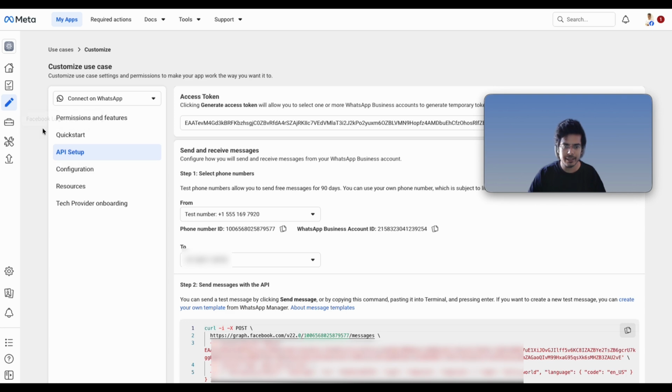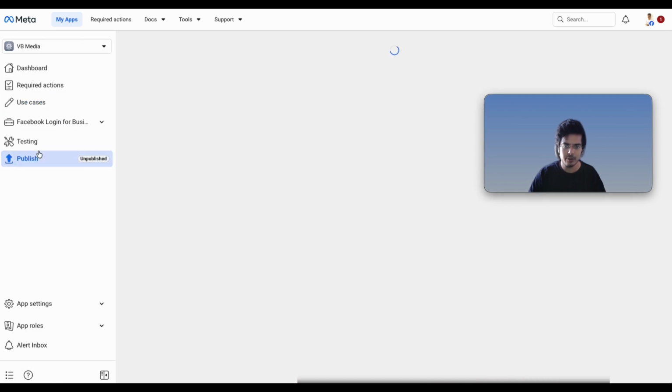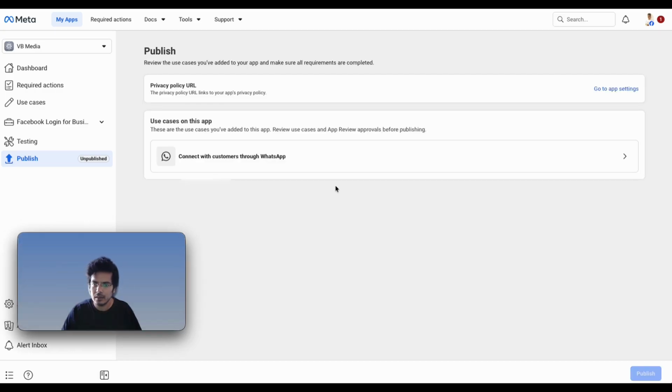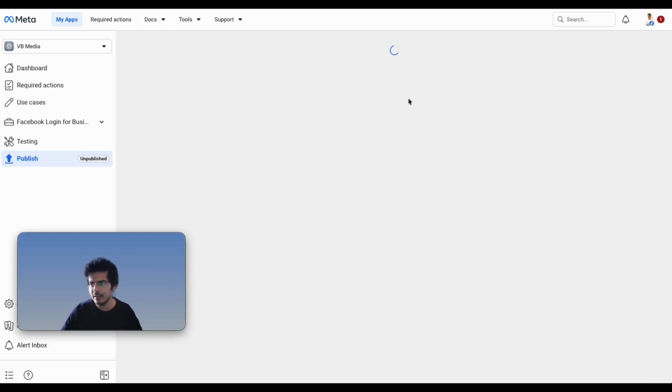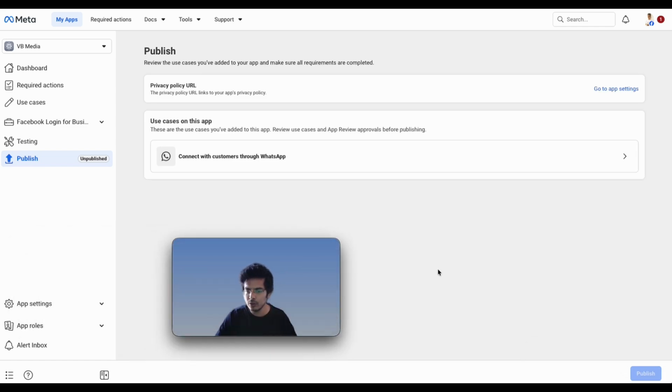The next thing you need to do is go into publish. So the only thing you need to do to be able to publish is go into app settings and provide a privacy policy URL. WhatsApp just needs you to have a privacy policy URL on your website. If you don't have a website, then just use a Google Doc or something, make it a public link and add the privacy policy URL here. Once you add that, you will be able to publish your app. There is going to be a review process and it can take a few days for the approval to come through, which is why I'm not going to be able to show you this in the video. The last step is